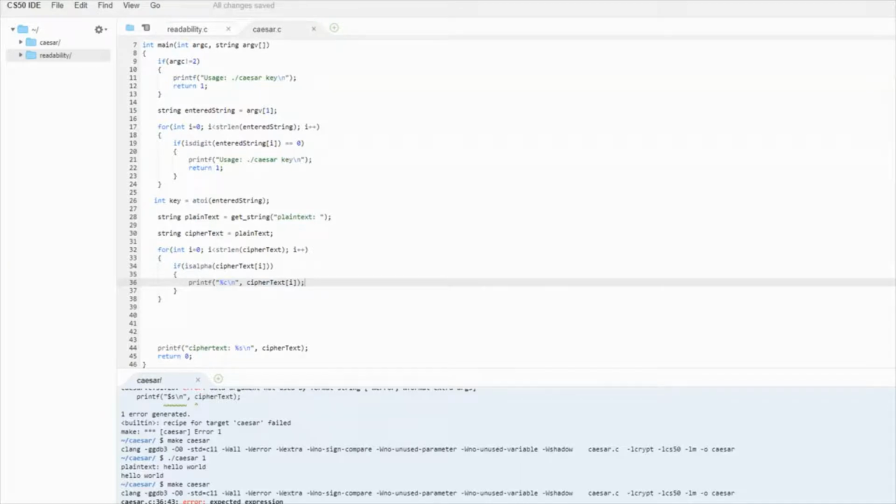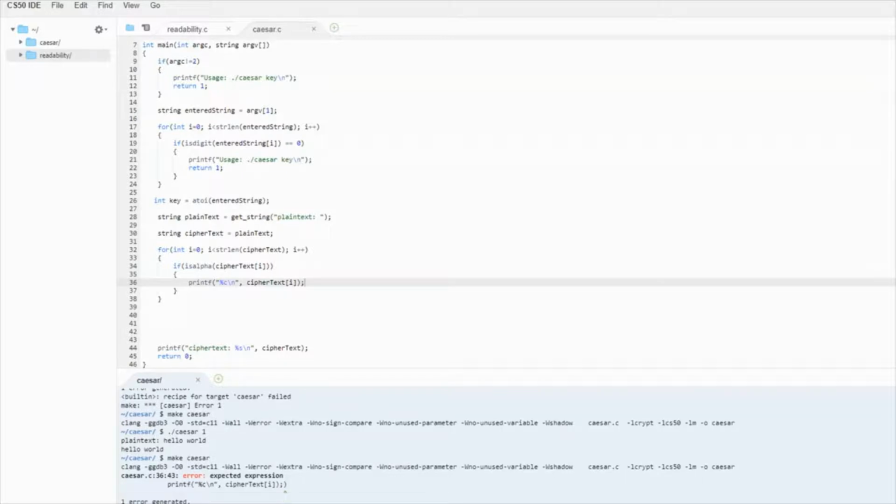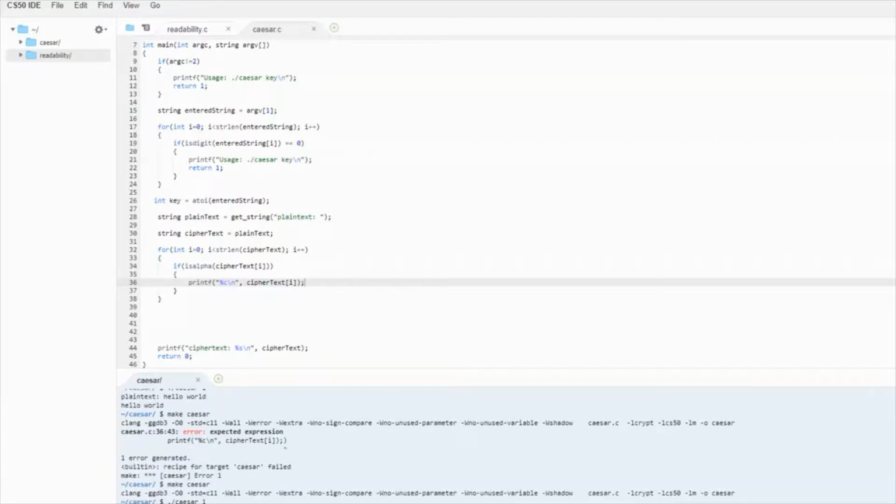Make Caesar again. And then let's pass in Caesar with a combination of letters and numbers as our plain text, and it should only print the letters out of there. So let's say like 1A, 2B, 3C, and I expect it just to print A, B, C. Sweet. So it's doing that. It's doing what we expected.